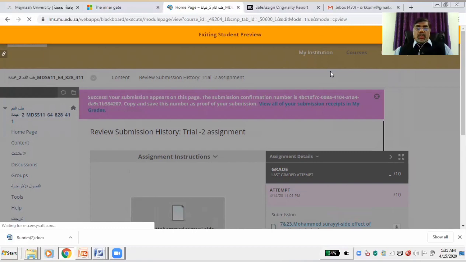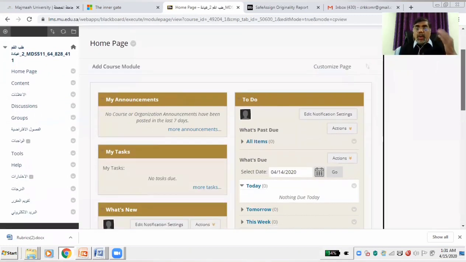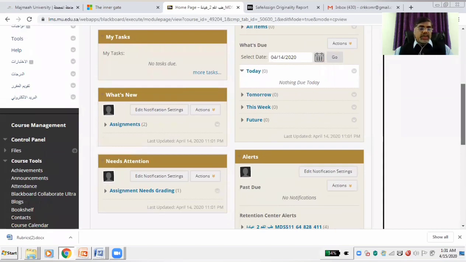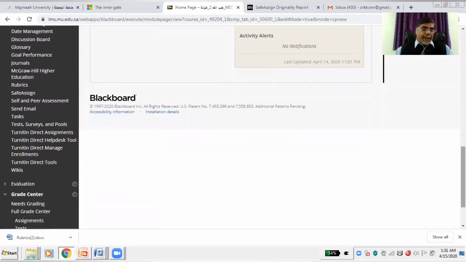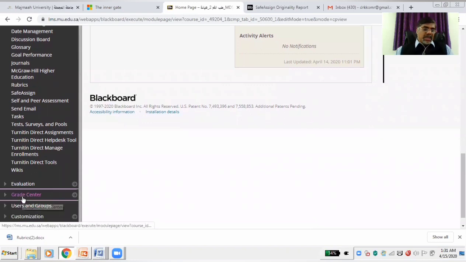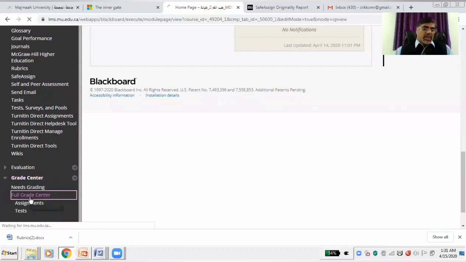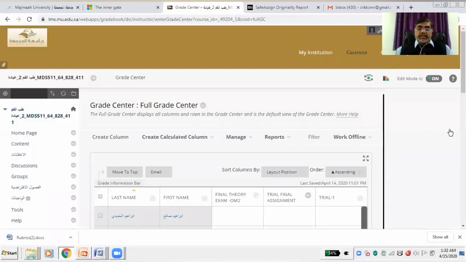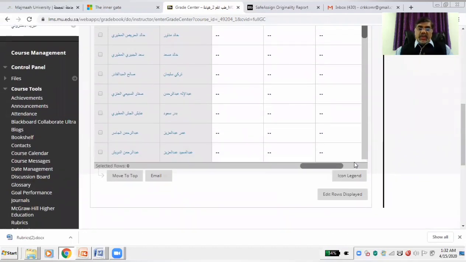So now imagine that all the students have submitted their assignment. Now you need to see how many students have submitted, and you need to grade it. What we have to do is go to the grade center. We have to select the grade center, and in the grade center we need to go to the full grade center, and in the full grade center what we have to do is